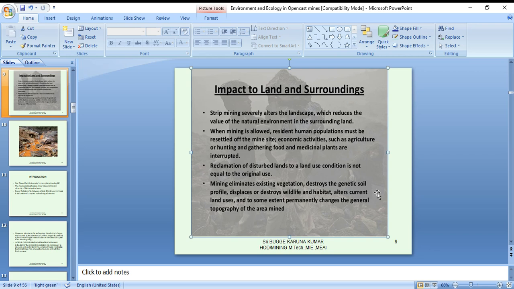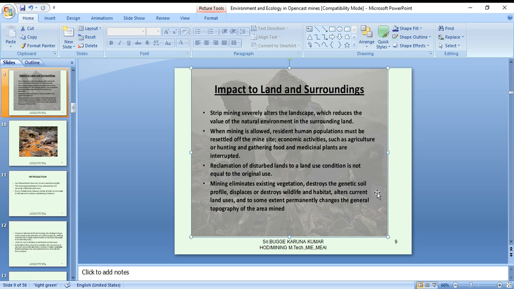Strip mining severely alters the landscape, which reduces the value of the natural environment in the surrounding land. When the mining is allowed, the resident human populations must be restricted from the mine site. Economic activities such as agriculture or hunting and gathering food and medicinal plants are interrupted. That is a natural activity that is happening.